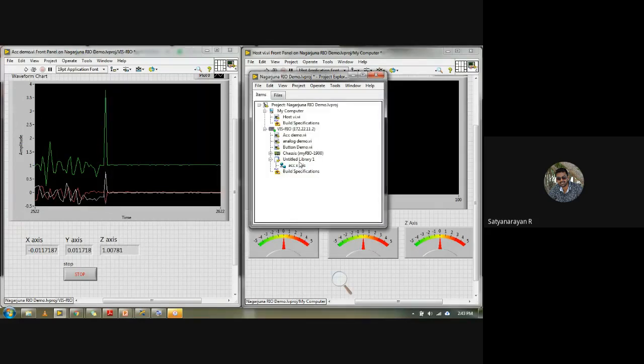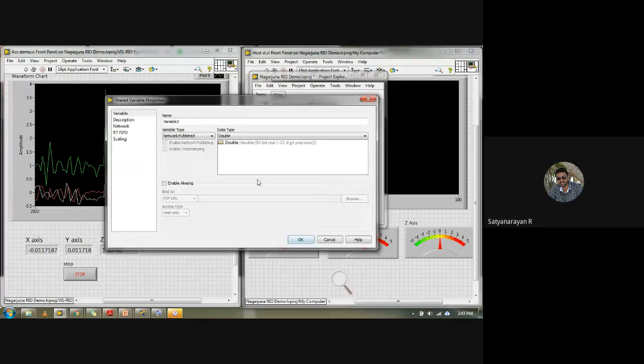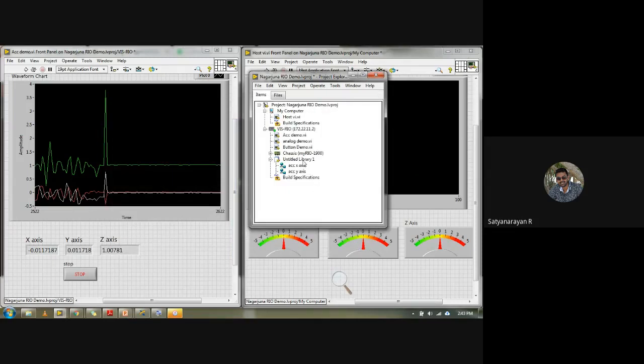I see that one more library has been created. Under this, I'll add a new variable, accelerometer y-axis, with the same data type.